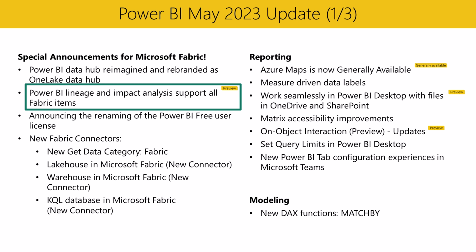Also accompanying the release of Fabric, the lineage view features expanding to support all Fabric items. You'll now see how data flows from source to destination across all items. For example, how a pipeline injects data into a lakehouse, and then into its related warehouses, datasets, and reports. Improvements to the impact analysis experience mean that you will see all downstream items through the chain, in addition to the direct child items,